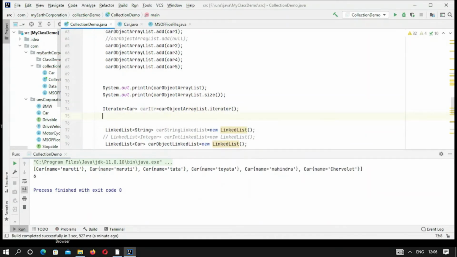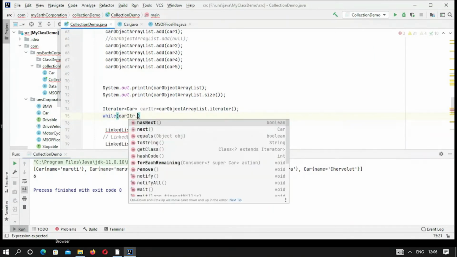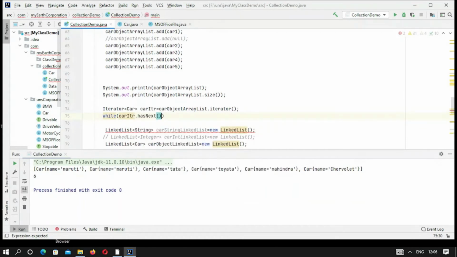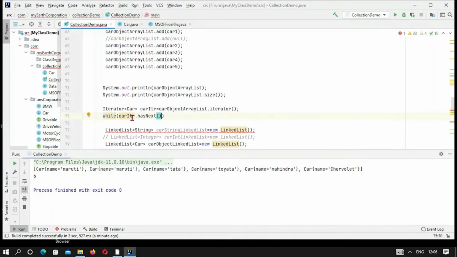Now we have to go in a while loop so that it can traverse through. So car iterator dot has next. This will return a boolean, true or false. You can see this is the method has next, and this will return true if the car iterator has a next element, else it will return false.